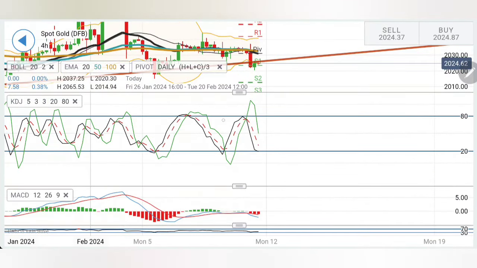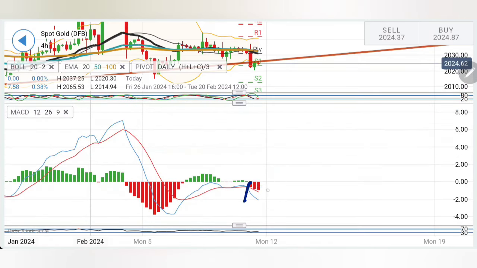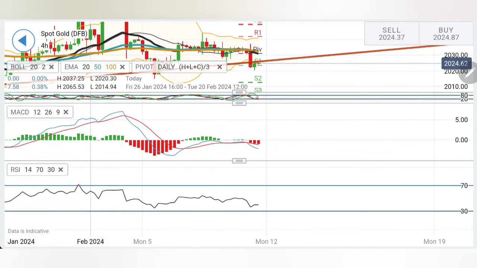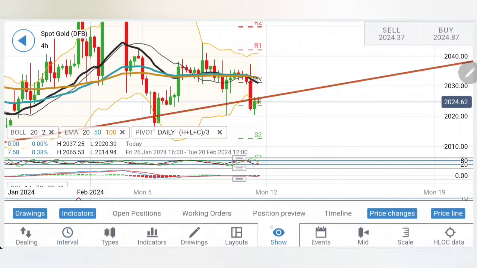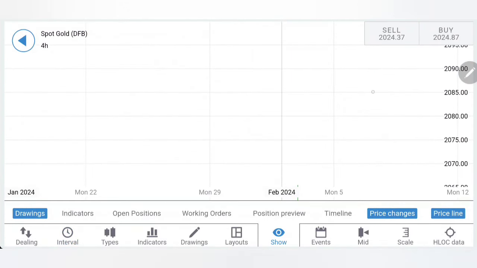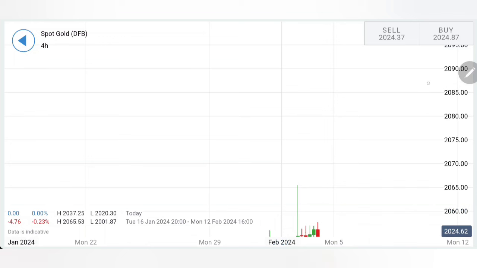Stochastic at bottom, it has formed lows here. Look at the MACD trading with divergence and bearishness. RSI is at bottom as well. So now we have seen the charts, we've seen the indicators. Time for me to give you the trading levels and strategy for the coming weeks so that you can trade